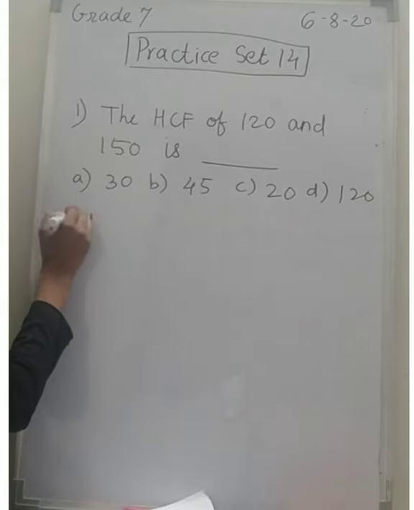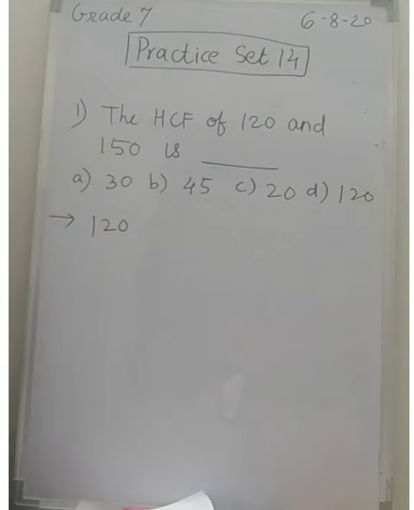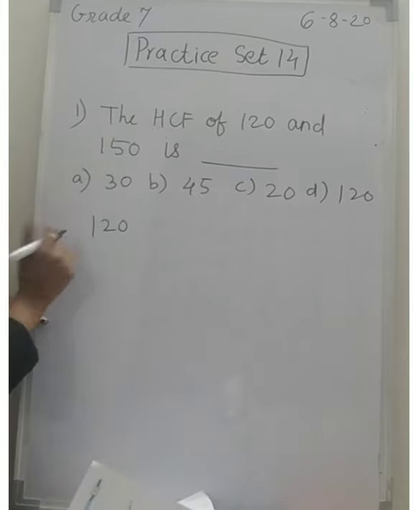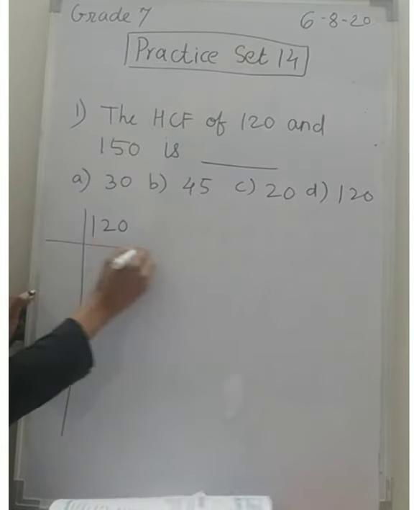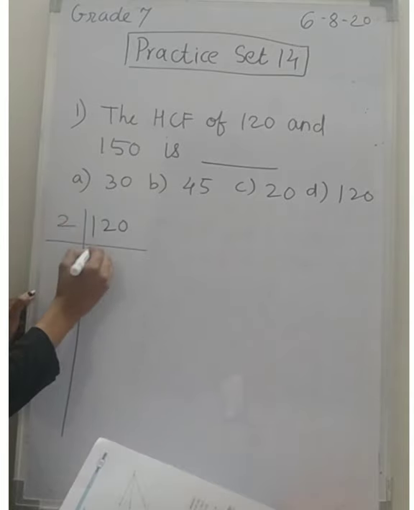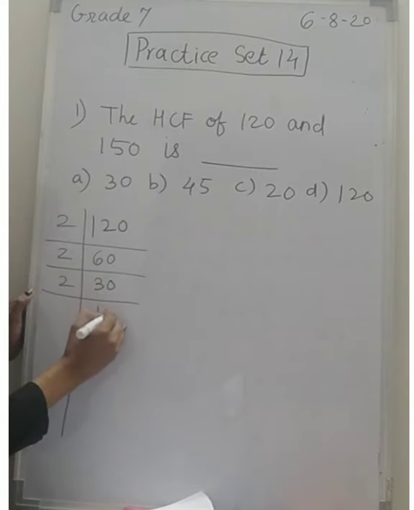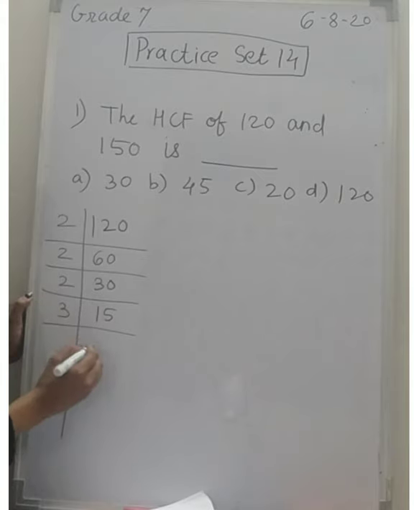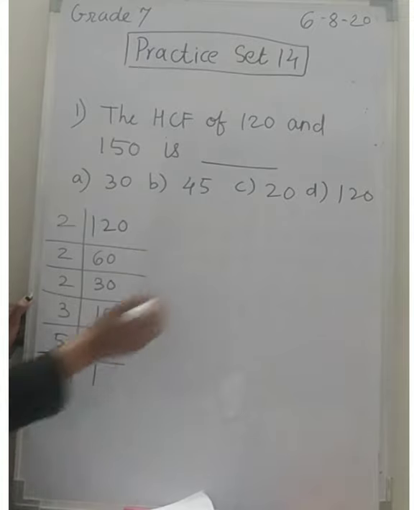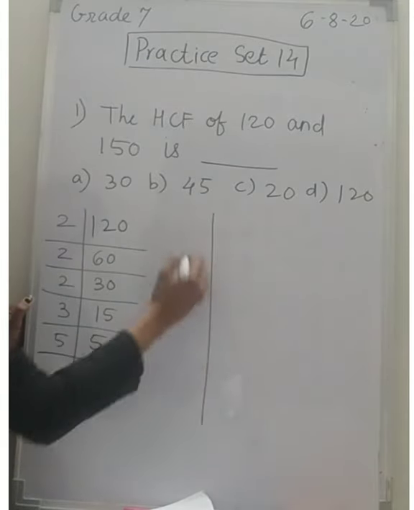So you will have to first find the factors of 120. You can do it by this vertical method also. So this is 60, because 2 sixes are 12 and 0 as it is. So let's find the factors first. 15 twos are 30, 3 fives are 15 and 5 ones are 5. Okay, I am going to do the same here.